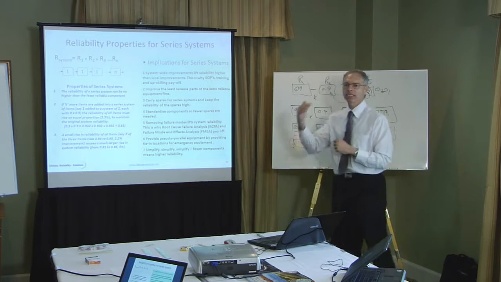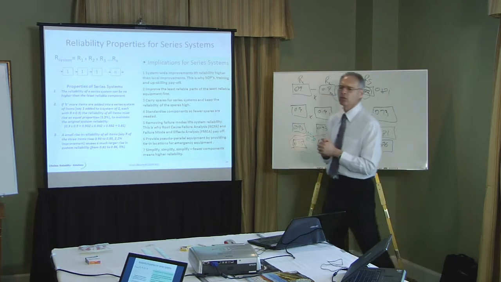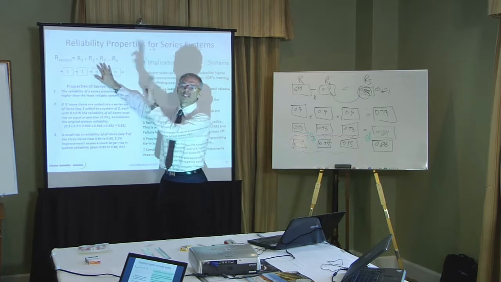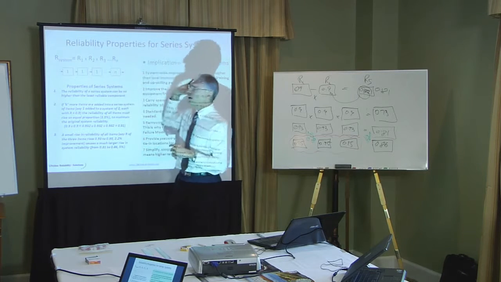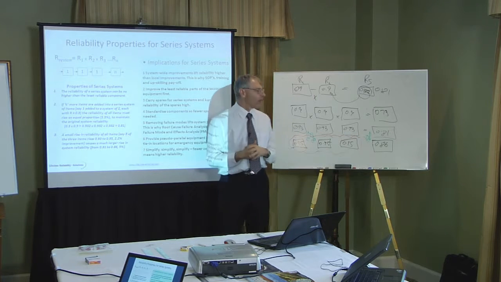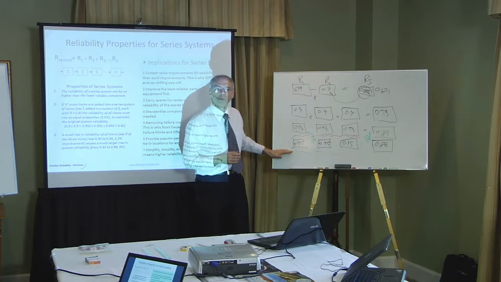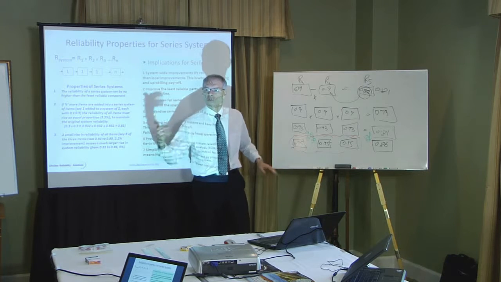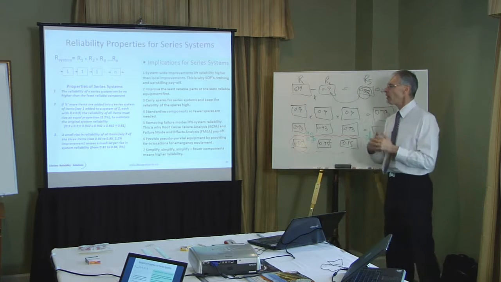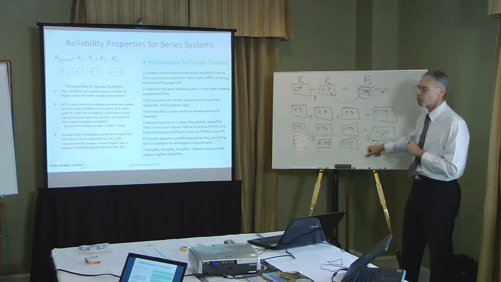plotting actually says. In a series process, we have huge risk. Because if that goes wrong, system fails. That goes wrong, system fails. That goes wrong. I've got hundreds of things to go wrong. And I want to have none of them go wrong. How do I ensure none of them go wrong? Bring in world best practice across the whole operation. Then I'm going to get the right things happening, and the right things happening give me the right results, and the right results give me a lot of